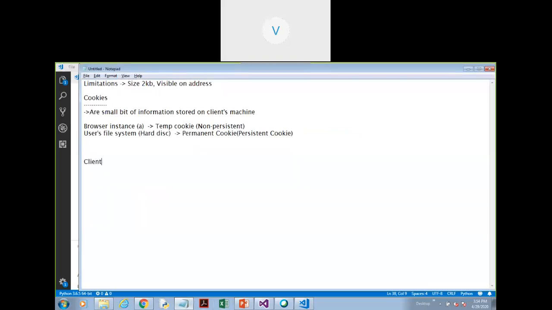Another thing. This is client. ये हो गया आपका client और ये हो गया आपका server. Whenever the client is talking to the server, it goes in the form of request. Client का information server के पास कैसे जाएगा? Request के form में जाएगा. Now, the server is going to send something to the client. So that will go in the form of response. Server अगर client को कुछ भेजेगा तो कैसे भेजेगा? Response.